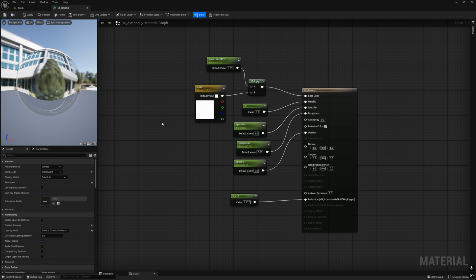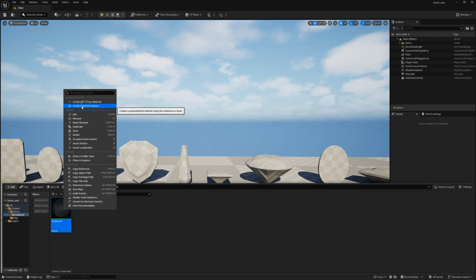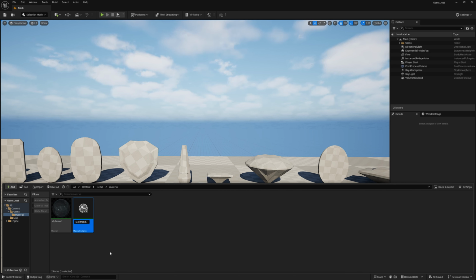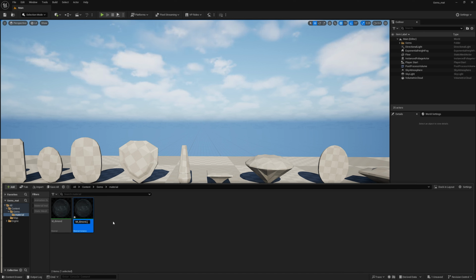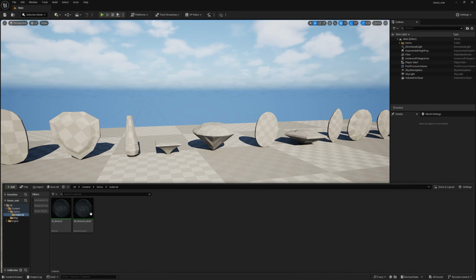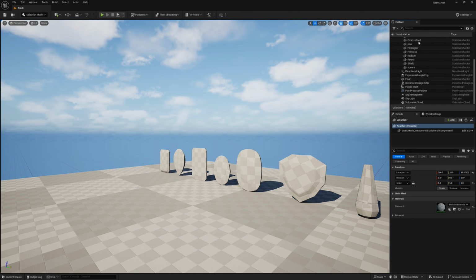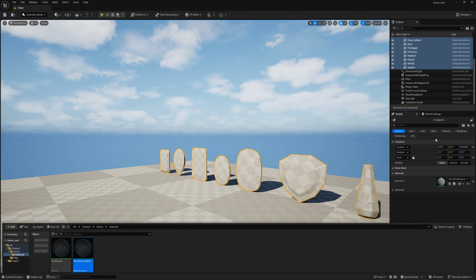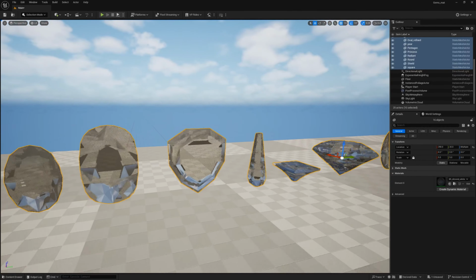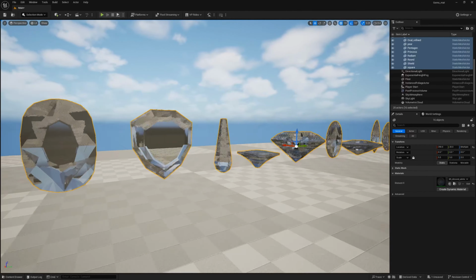We're just gonna hold Control Shift S to save everything and close it. Make a material instance. I'm just gonna call it MI Diamond, and I'm gonna add white. If I select these and add it to my scene, you can see this is pretty good, but you may